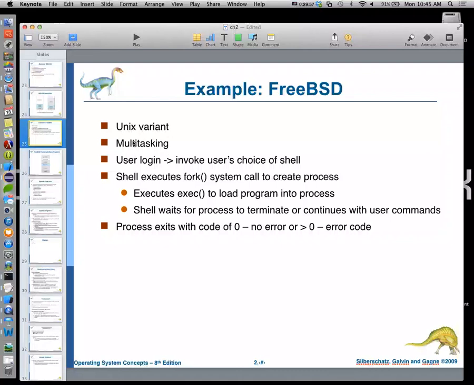So when a user logs in, that's going to invoke the user's shell. Whereas with DOS, you're automatically logged in. It's a single user machine, and the shell just launches. The DOS prompt just launches. With Unix, there's actually even a layer here that we're not even considering. With a multi-user operating system, especially a long time ago, when we think about a single user computer today, you just sit in front of the physical computer and use it. Well, with Unix, if you're going to have multiple users logging in,